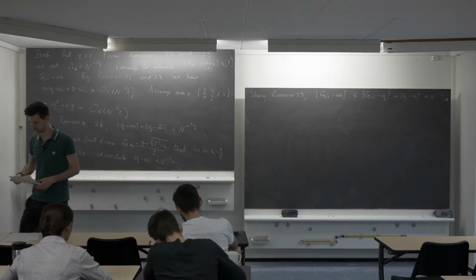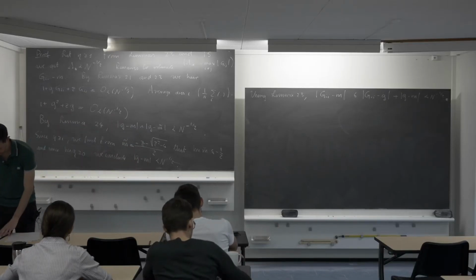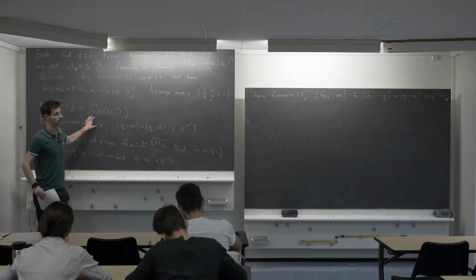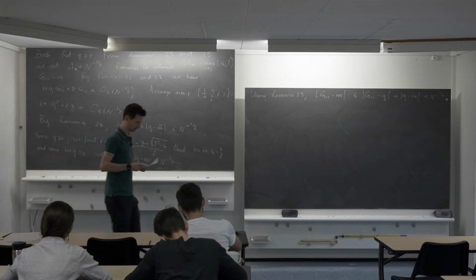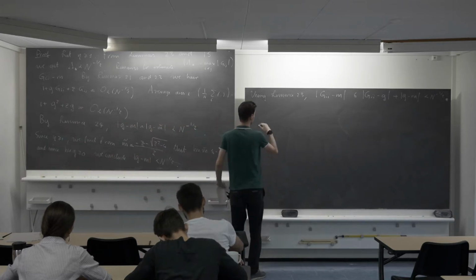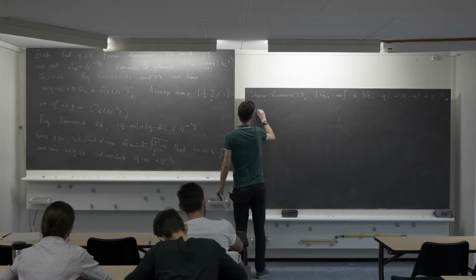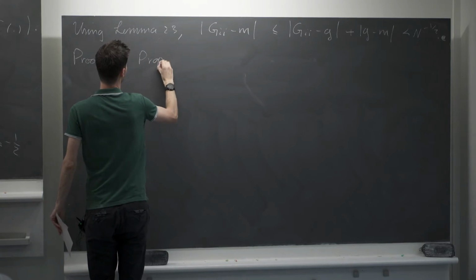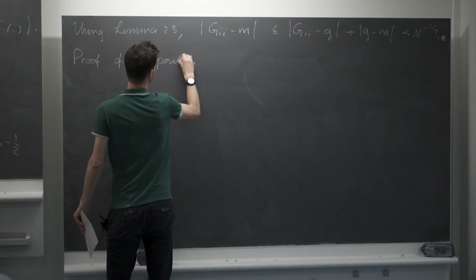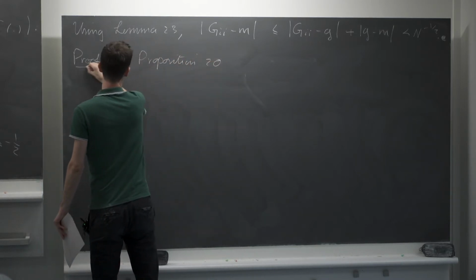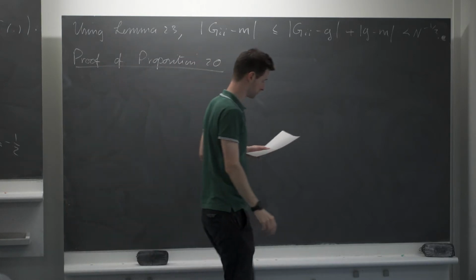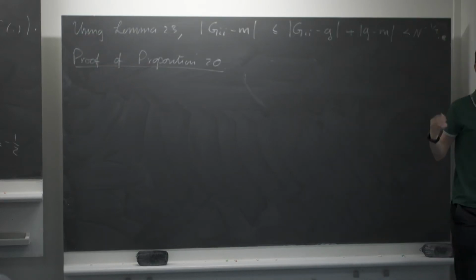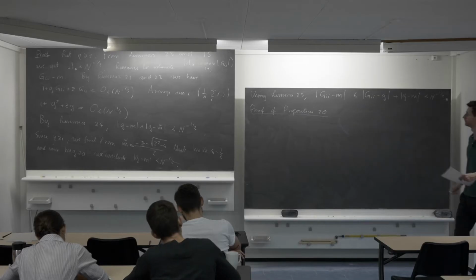So this was a relatively simple argument. We just had to use this, it was basically playing with this quadratic equation. We're going to do the same thing in the induction. So let's now come to the conclusion of this whole section. So let's finish the proof of proposition 20. Proposition 20 was the main result of this section, which was this weak local law.